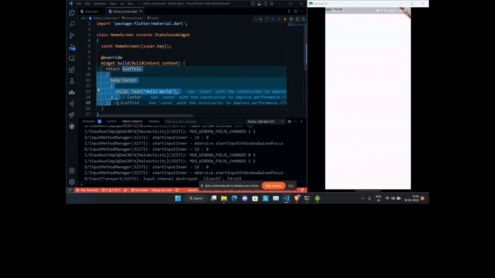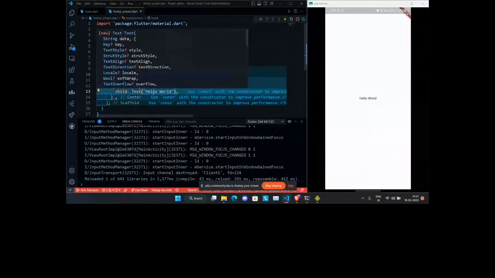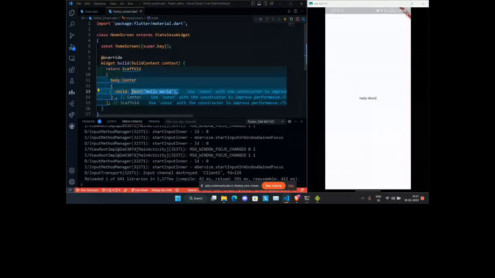So this is how Flutter works. I'm just gonna hit control and save in here, and it is in center. Whatever we write here is declarative UI. Whatever we write in the build function is gonna be reflected on the screen, and it is just that easy. If we want to make any changes, we can just wrap this text widget with any other widget, and it will be reflected on the screen. It is that easy.